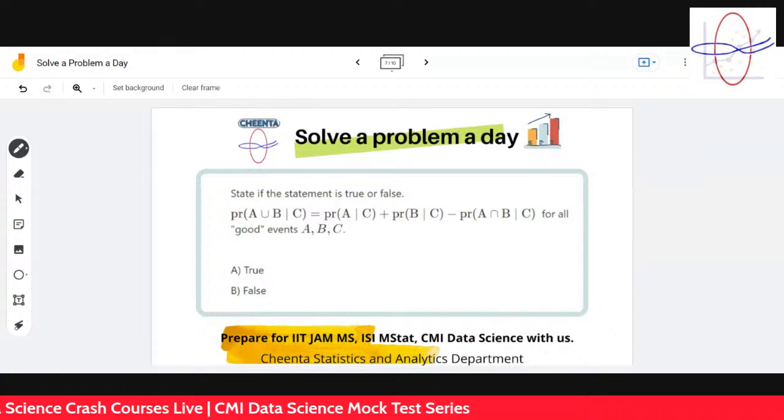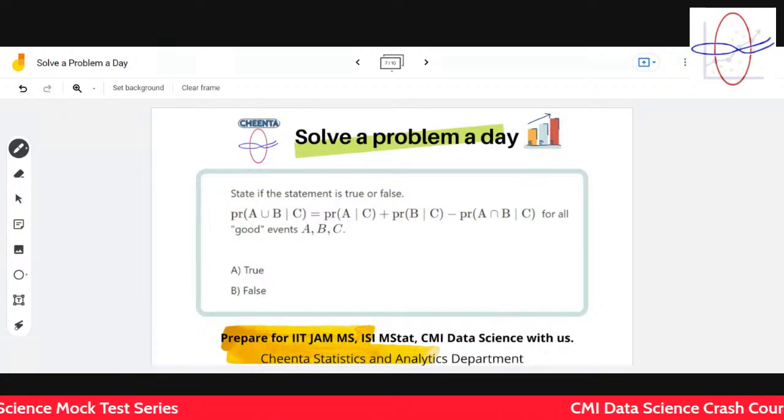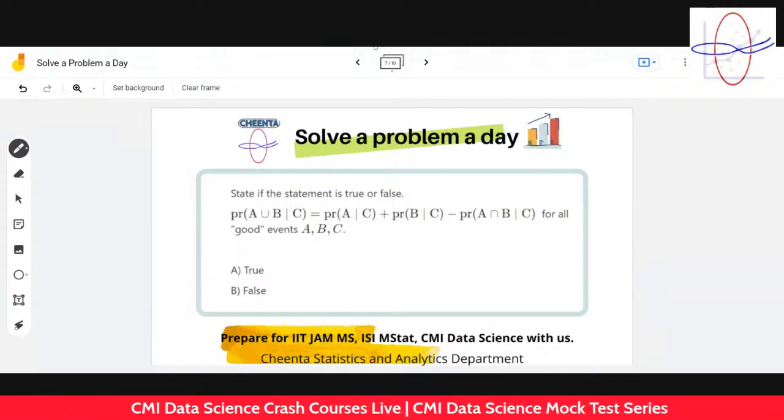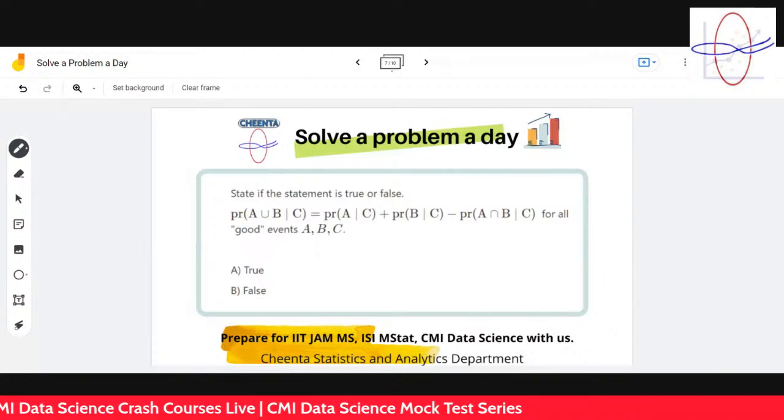This problem may help you revise the concepts of basic conditional probability, and also the axioms of probability too. So let's get started. If you observe this problem, you will find out that